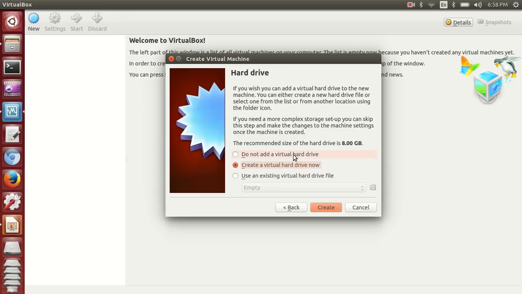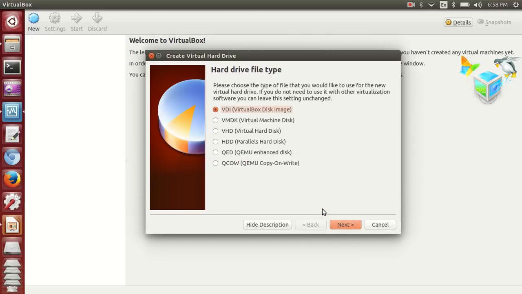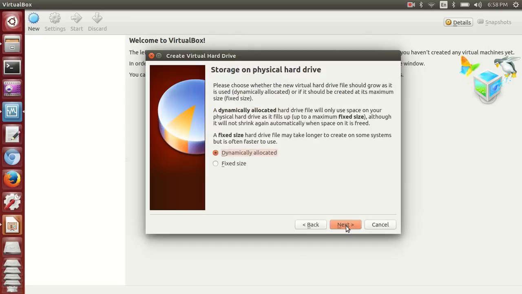Then here you have an option to choose an existing virtual drive from your machine, or else you can create a new virtual drive. Today we are interested in going for creation. So let's click on the create new virtual disk option and click Create. Then you will have multiple options here: VDI, VMDK, VHD, and so on. It's up to your choice; any is okay for us. So I will go for the VDI, then go with Next.